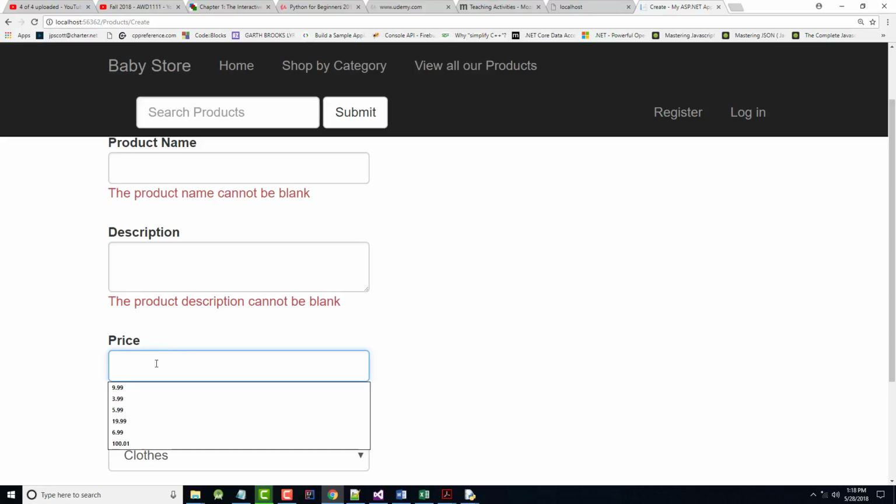The other thing with the price is it can only have one decimal place. Let's try putting in, okay. Not the same error that they show in there, but